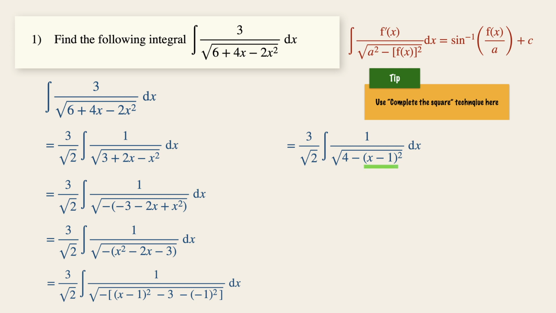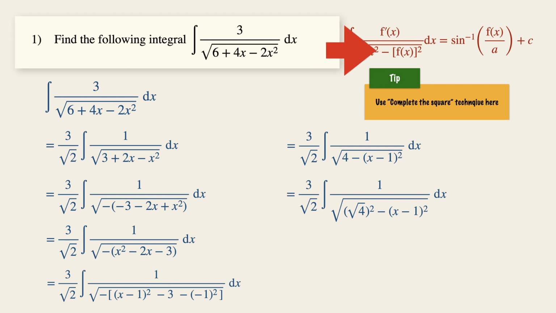Now you notice that I've repositioned the x minus 1 squared over here because of the end state in mind that we want to put them into this particular format over here. Now 4 is basically square root 4 squared. And you have noticed that this is actually the exact format that we want so that we can convert the expression into sine inverse. Alright, so doing so, by integrating this expression, we will then have 3 over square root 2 sine inverse, put the x minus 1 on top and the square root 4 below, plus c,